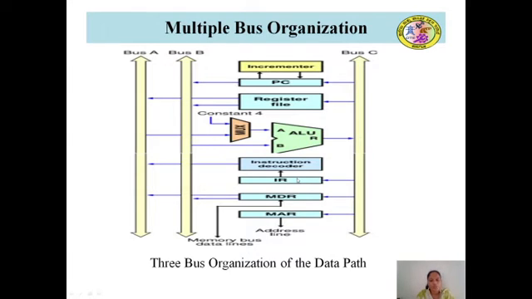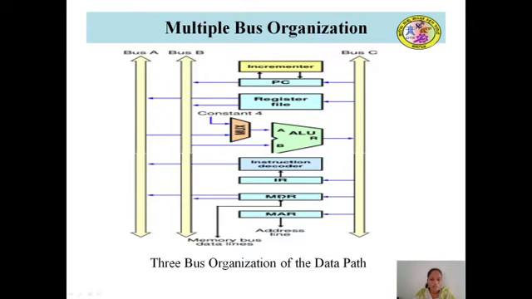Next is the instruction register. The instruction register holds the current instruction to be executed. Whenever the current instruction is present in the instruction register, it needs to be decoded. To decode that instruction, it uses a special module called the instruction decoder, which decodes the instruction present in the instruction register and finds what operation is to be performed and where to access the operands to perform that operation.